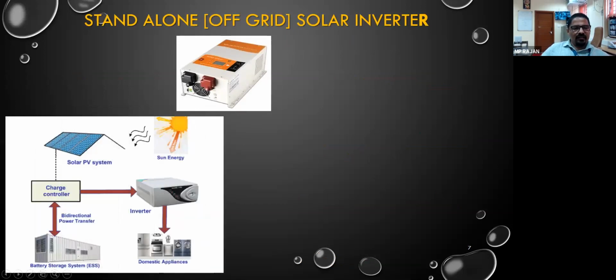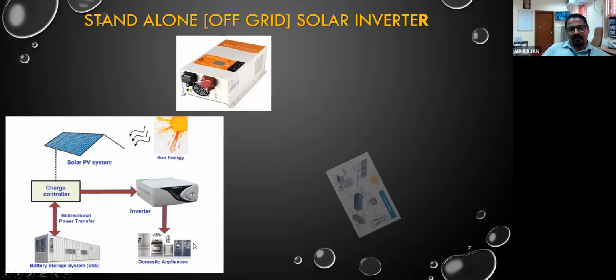You can see this is the solar PV system. There is a charge controller which functions as the brain of the system. It controls the input DC power supply. It is responsible for charging or discharging the battery, as we have explained earlier. And from that controller, the supply is given to the inverter. The controlled DC power supply, within the range of its specification, is given to the inverter, and the inverter inverts or converts DC into AC.